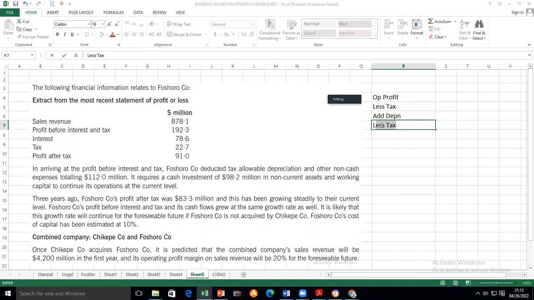Then what do we say? What types of capex do we have? Maintain or replace non-paying basis. The other one? And also